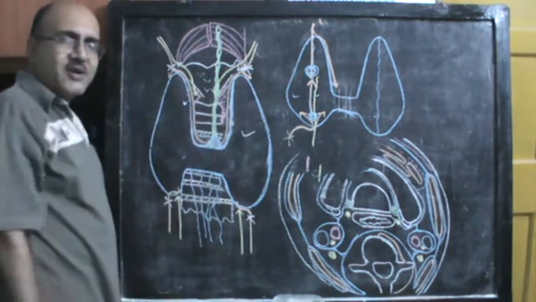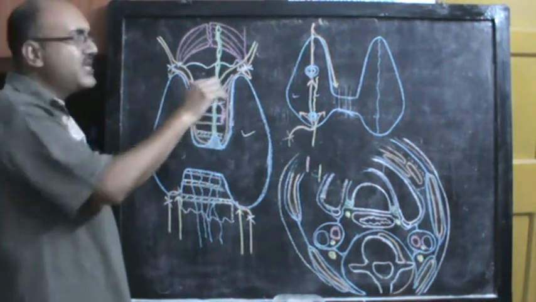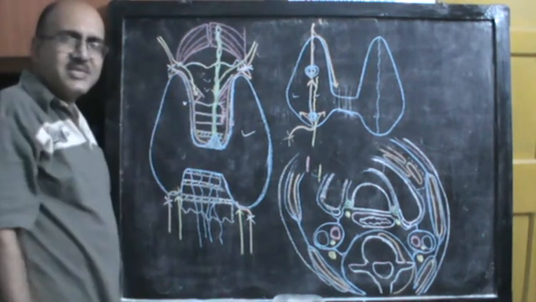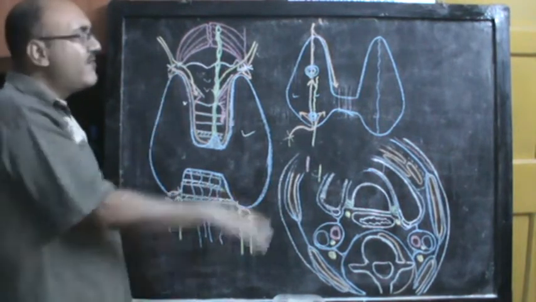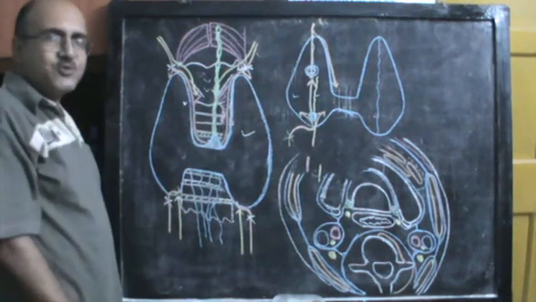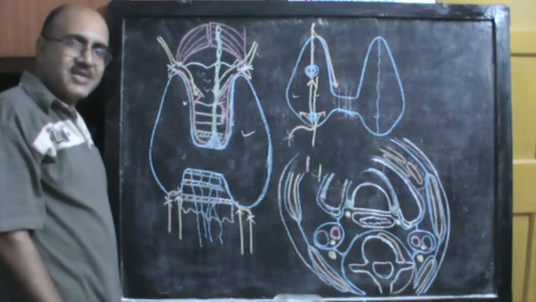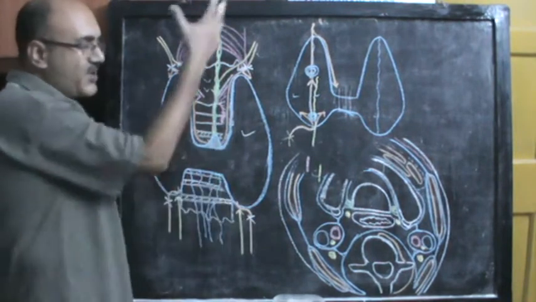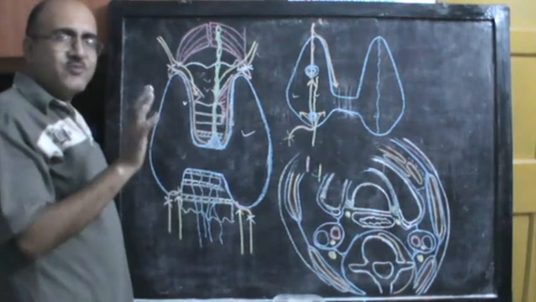Similarly, the superior thyroid artery, apart from the thyroid, it gives sternomastoid branches. It gives the superior laryngeal branch. It gives small multiple branches. We will go into that later on. For now, we are just considering the main thyroid gland supply of the superior thyroid artery. When we study the entire distribution of the external carotid artery and the subclavian arteries, then we shall go into the other branches.